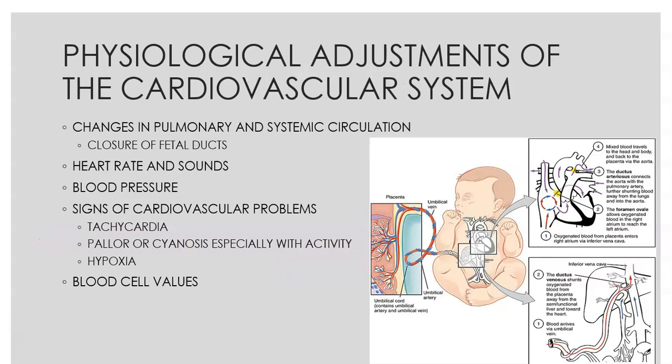So a little bit about the cardiovascular system. There is a change from fetal circulation to infant circulation. There are several fetal ducts. There is your foramen ovale, your ductus arteriosus, your ductus venosus, and basically the biggest thing with these ducts is the ductus venosus has to do with shunting to the liver from the umbilical cord, but the foramen ovale and ductus arteriosus have to do with basically bypassing the lungs.